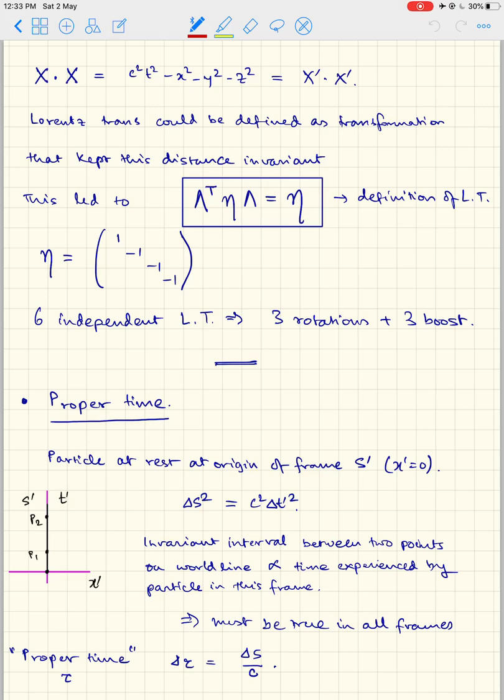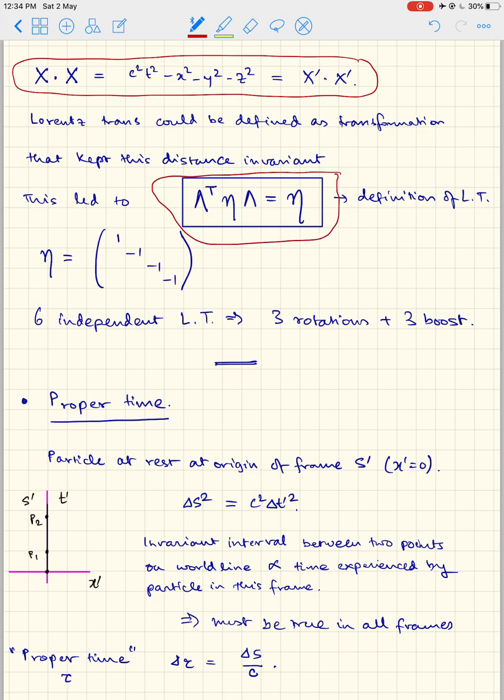We discussed before that similarly, if you had looked at rotations in 3 dimensions, this is also what you would have had there. You would have had x squared plus y squared plus z squared being invariant. What you have here is c squared t squared minus x squared minus y squared minus z squared being invariant. And this could be used to define Lorentz transformations, and this led to the form lambda transpose eta lambda